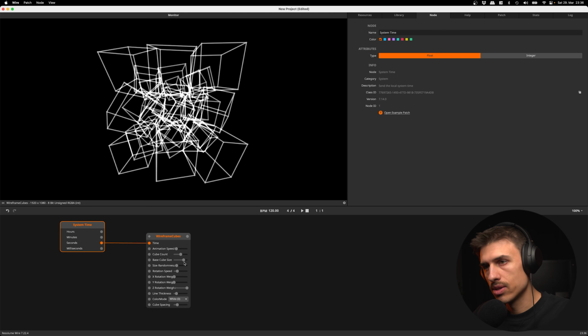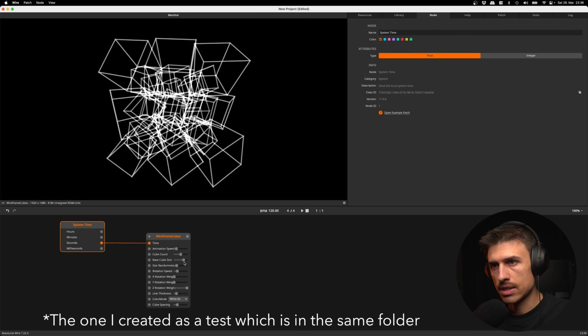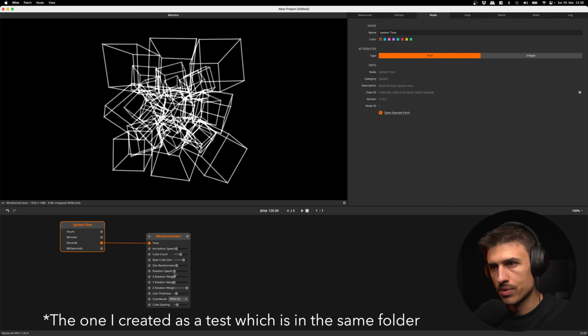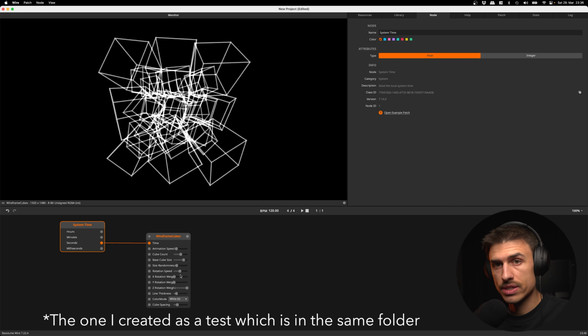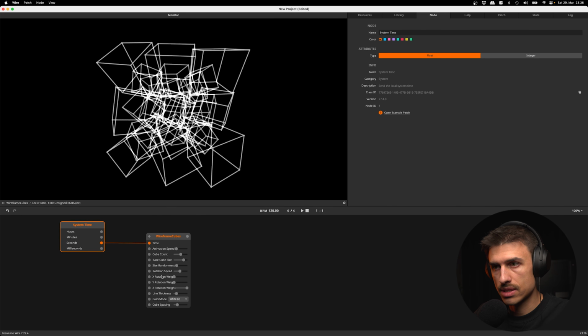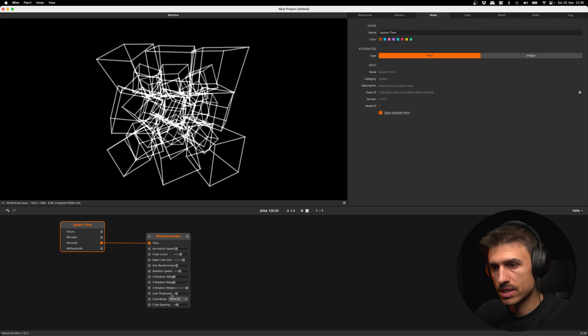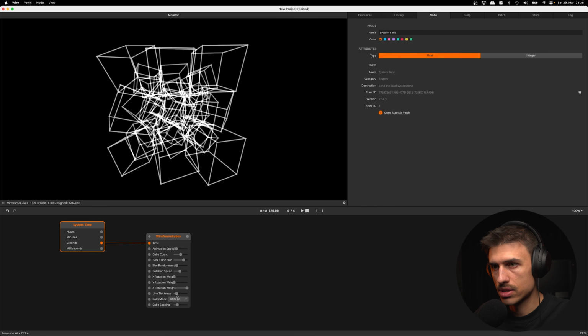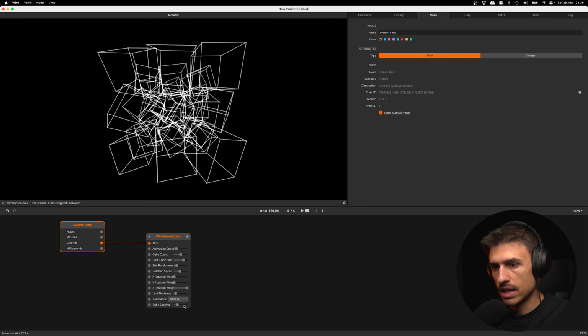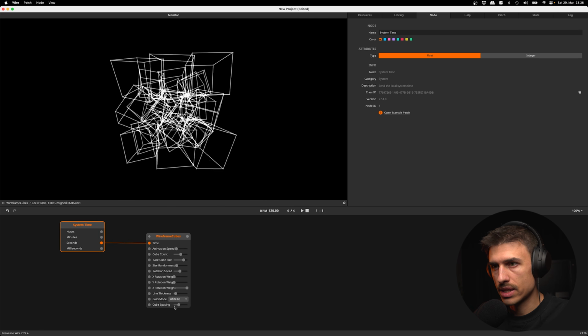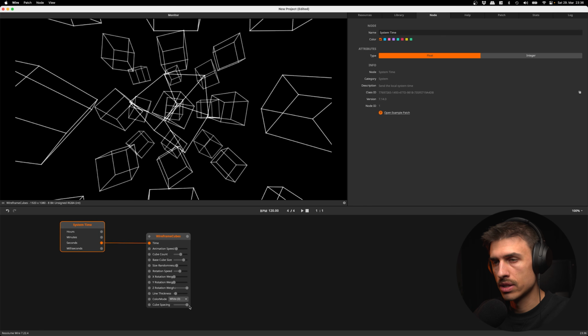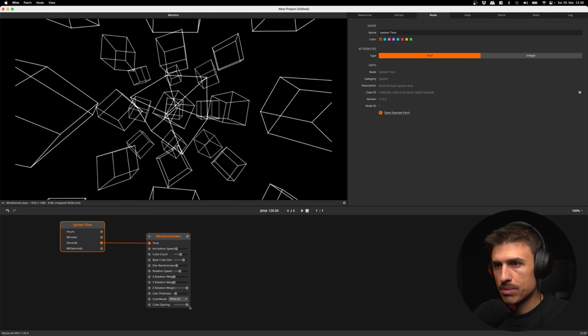I think it was actually using the other tunnels as a reference here, and this is why we have a very similar result. Usually you would get wildly different results, because I tried this a couple times and every time was completely different. And this time it's actually quite coherent with the other one, which is also very interesting, because that means